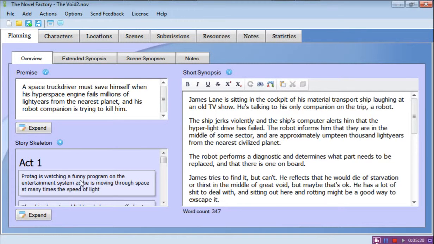Okay, so James is sitting in the cockpit of his transport ship, laughing at an old TV show, and he's talking to his only companion on the trip, a robot. That's all I have to say. Now,